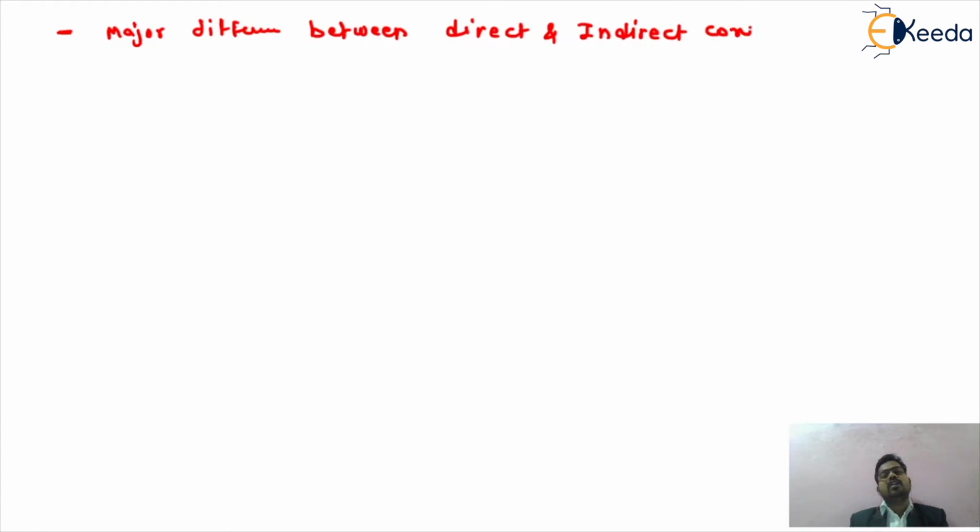We can get the direct vector control and indirect vector control remaining the same, but the major difference between direct and indirect control scheme, I can write, is that the direct control scheme